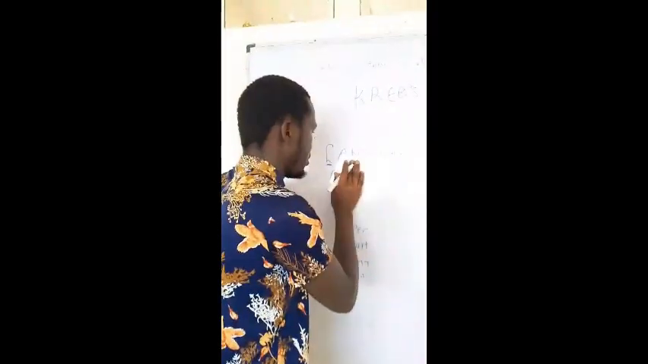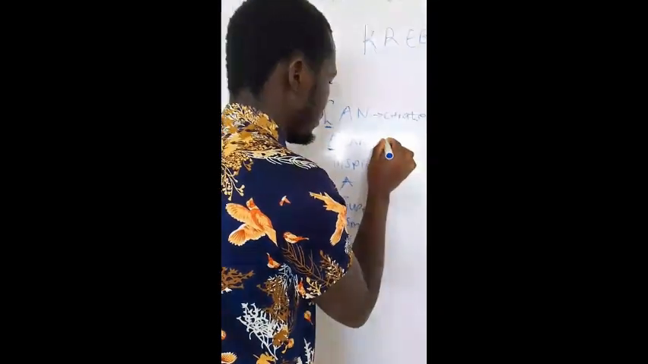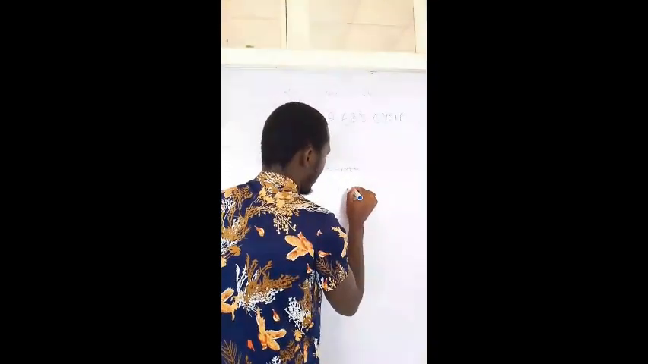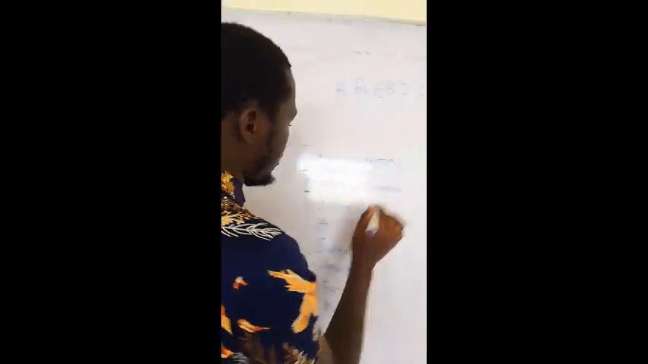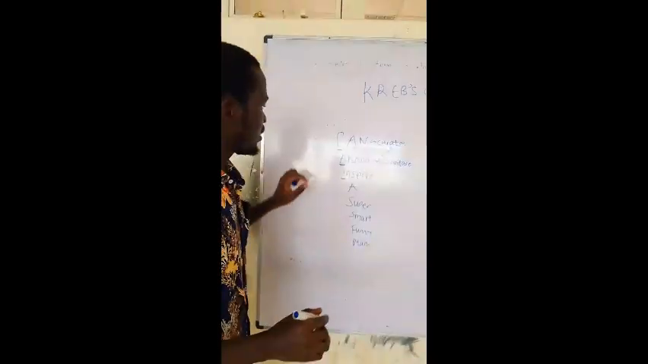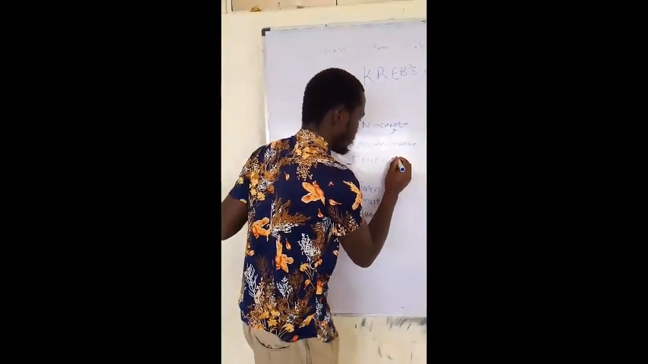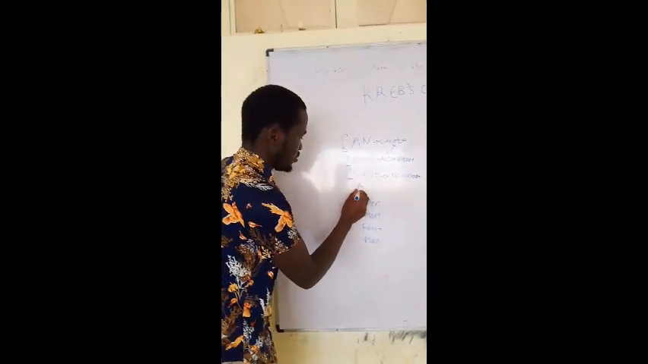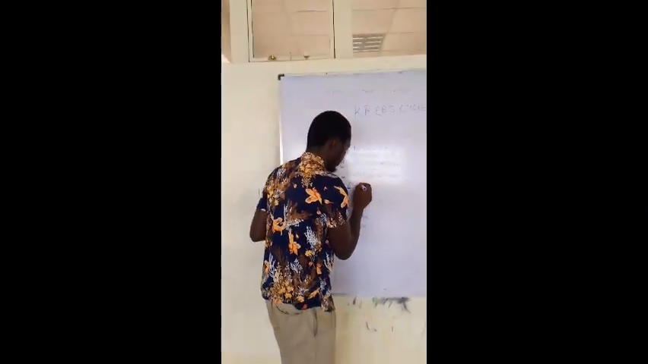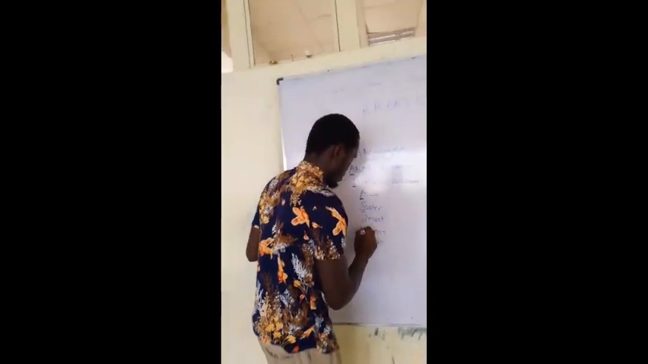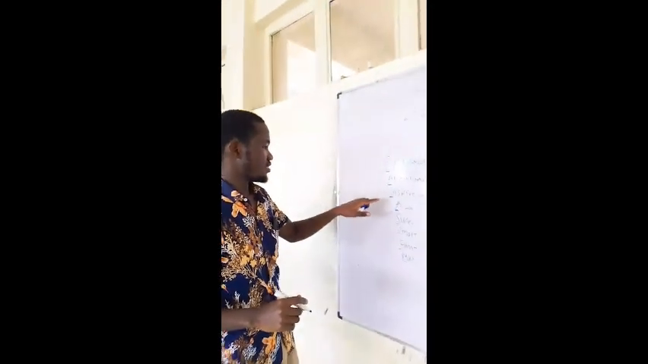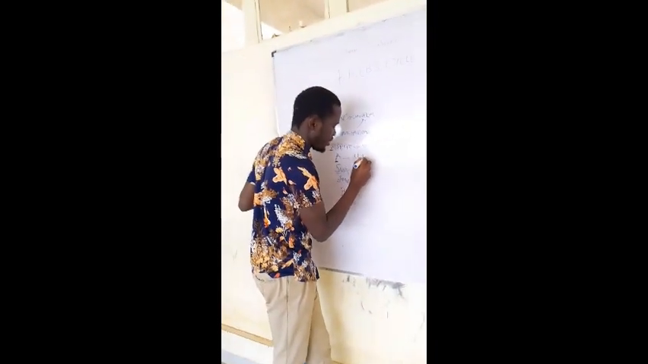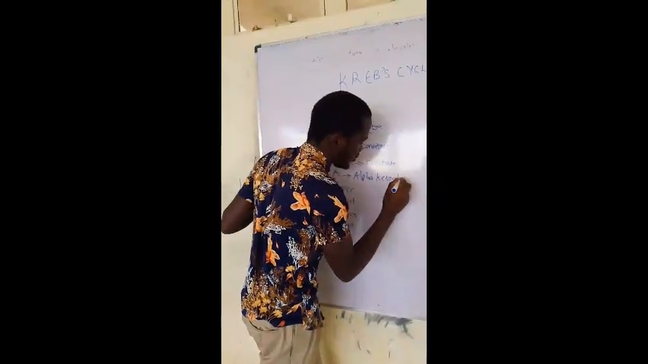This A stands for the enzyme that facilitates the formation of citrate, that is called aconitase. This I is called isocitrate. So this I stands for isocitrate, this A stands for alpha ketoglutarate,